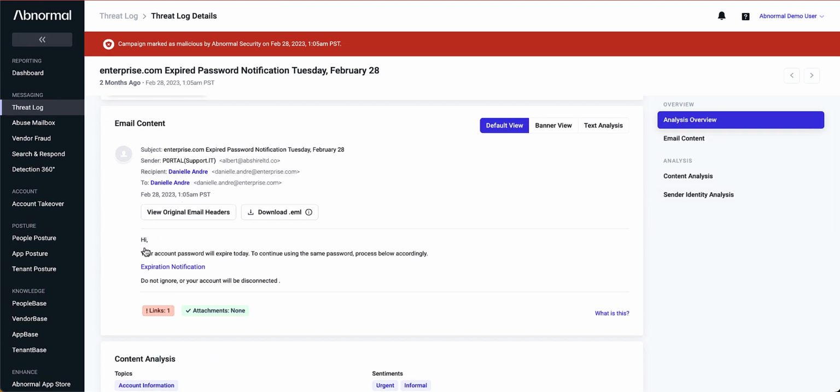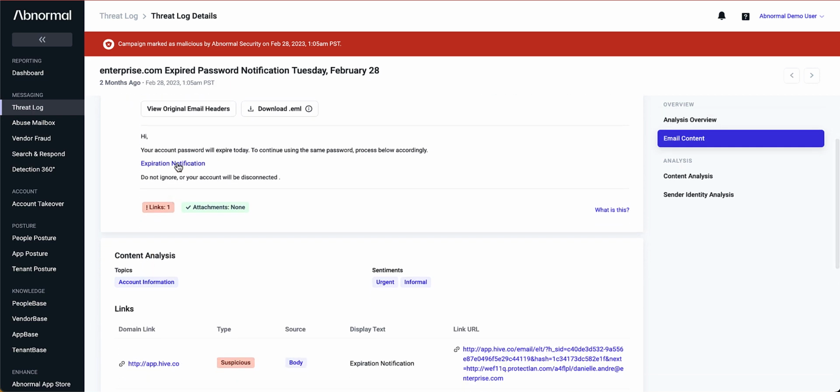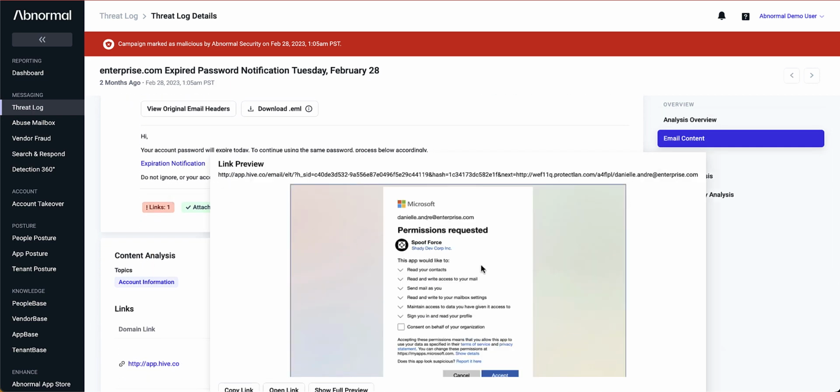The email's very simple. It's saying, hi, your account password will expire today. To continue using the same password, process below accordingly. There's a simple link for you to click on here. We can even show you exactly what this would look like if they went out to this. And in this case, this is going to redirect a couple of times, but it's going to end up going